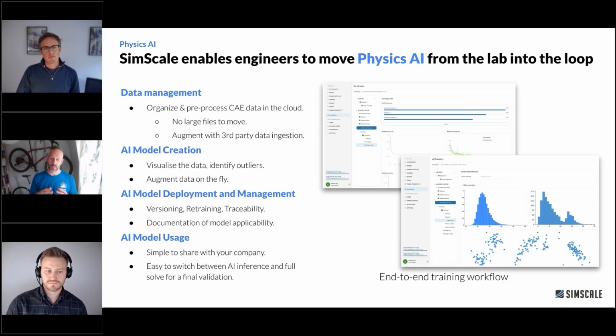And then because it's working in the same way as the standard tools, the standard solvers within SimScale, you can run AI in a normal way, and then you can run a traditional simulation alongside it without any extra effort, so that once you've done all of this design exploration, you can validate it with a traditional solver that we all trust, just to make sure that you're happy with the final solution.